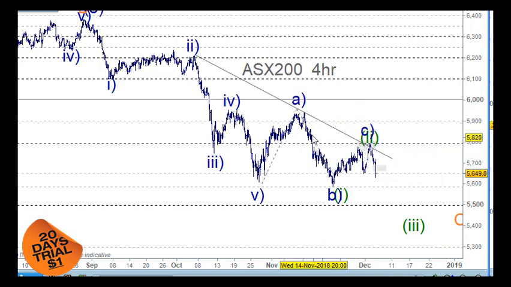At this stage, if we tighten things up a little bit and looked at this as 1 and 2, that 2 now would have to move over to here, 3, 4, and 5 here. This doesn't necessarily have to be the A wave here. This can be a corrective wave, but it's just not lining up with the other market. So that's my problem. We've got to work it out.